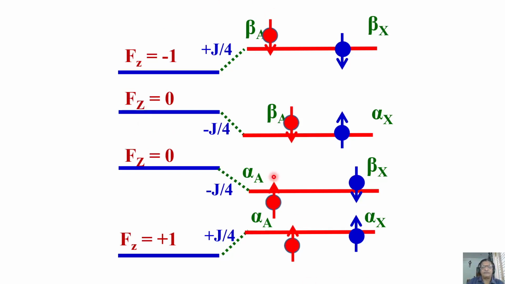2A transitions. But what is the change we are observing? Same thing we observed for uncoupled spins. Now what is the difference here? Look at it. This has moved up by j by 4. This has moved down by j by 4. This separation is now the difference. If you take, it is j by 2, positive j by 2. You understand? It is j by 2. What about this difference? This is also j by 2.